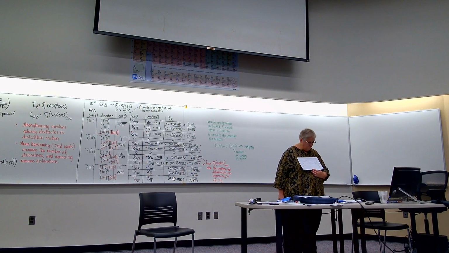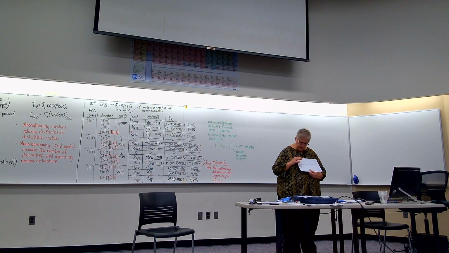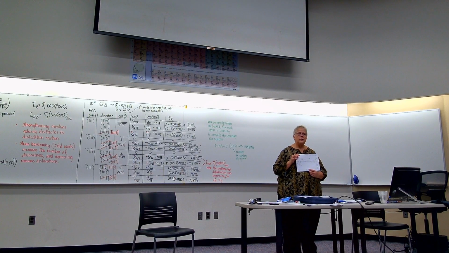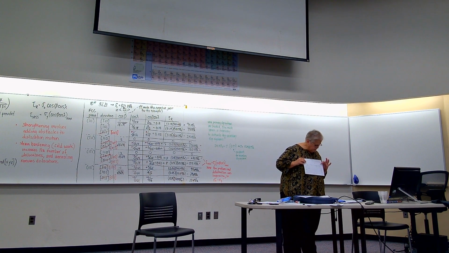The point A here would be the melting temperature of silver, 0% copper. Wait, this is 0% silver, I'm sorry. The melting temperature of copper is point A. The melting temperature of silver is point F.